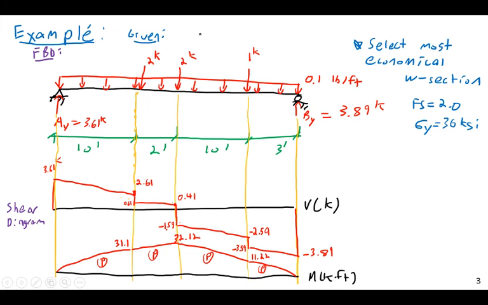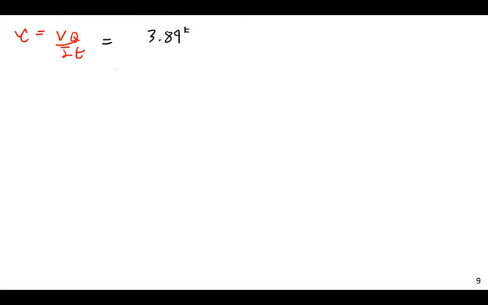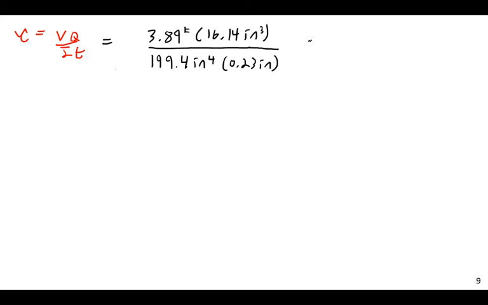3.89 kips, see right here. If you can't read that, that's a 9. 3.89 kips times the Q that we got, sorry, not 11, writing that number down, 16.14 inches to the third, divided by the moment of inertia of the entire cross-section, not just the half above the neutral axis, 199.4 inches to the fourth, divided by 0.23 inches thickness at our cut. And this is going to be equal to 1.37